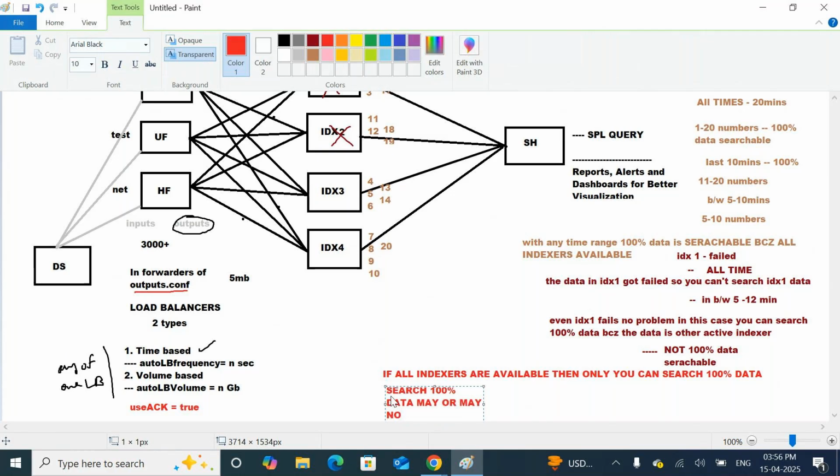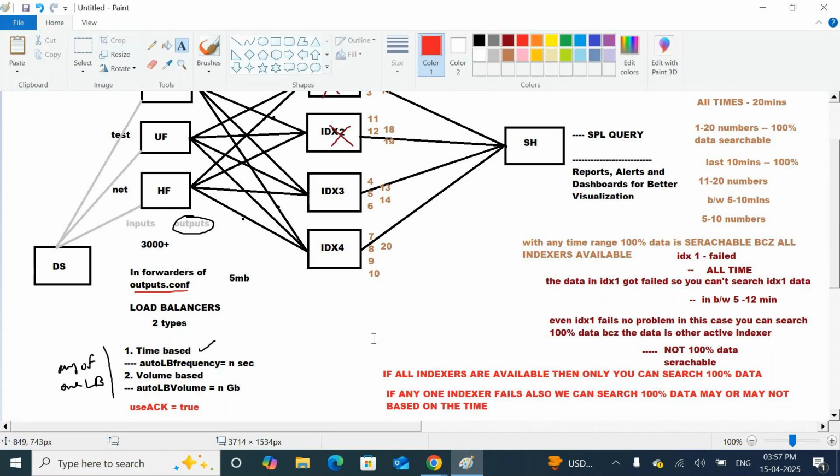In some cases you can search, may or may not, based on the type. Why? Because in some scenarios you are searching 100% of the data, but in other conditions it is not searchable. Yes or no? Yes, sir. That is a simple concept, sir.